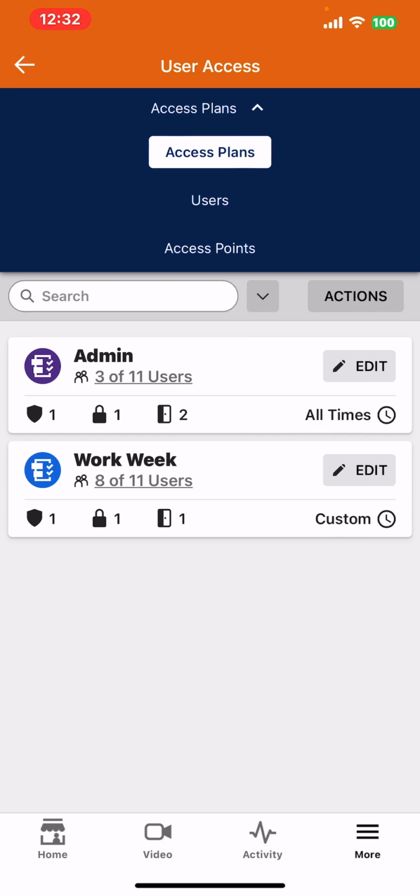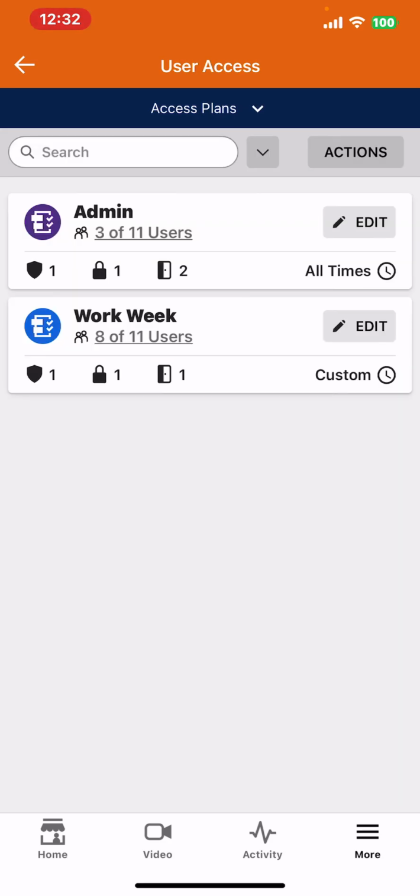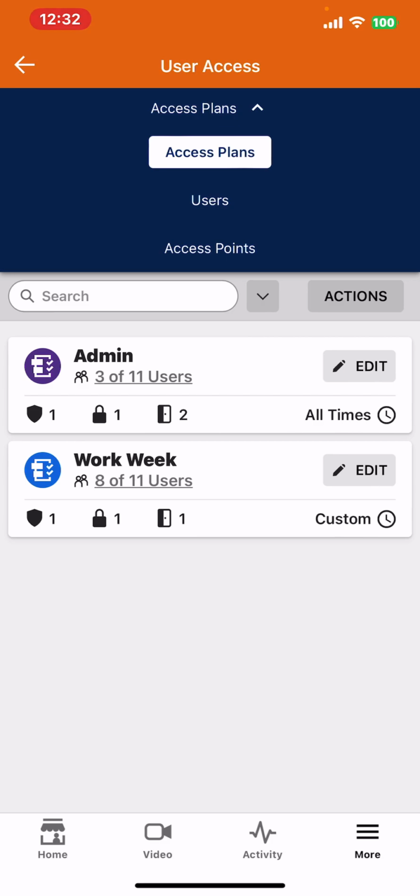I believe that Alarm.com was very smart. They put it in the order that you need to go. So you could go to users first and add users, but say you're doing something new, you just want to do it in this order, be the best way. So in this case, I'm going to go to access plans. There's my access plans, and I'm going to go to,